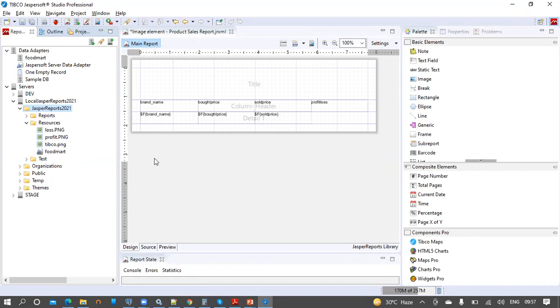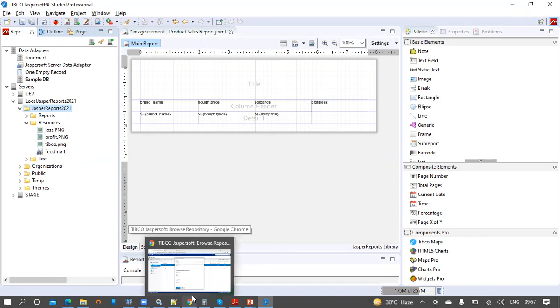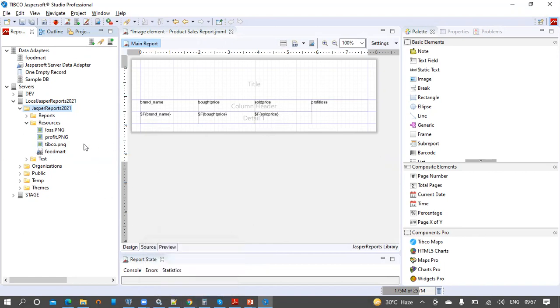The easiest way to get the paths for these images onto the report is we can directly drag and drop these images onto the report designer, or we can manually prepare the paths using the repo keyword. I am going to use this methodology to have the images onto the design space.